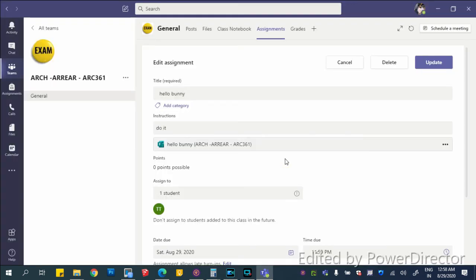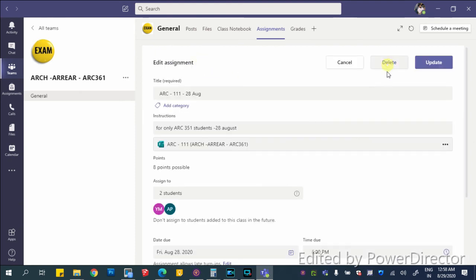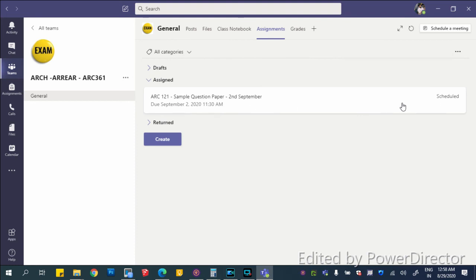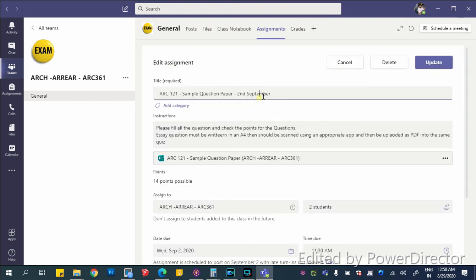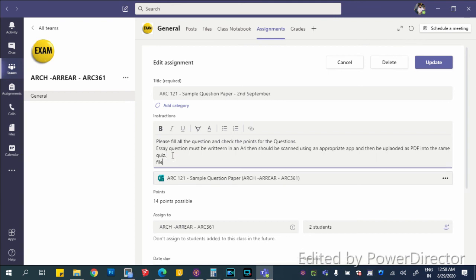You can also delete the assignment if you feel something is wrong. So these are my past assignments that I have assigned as a sample. I'm deleting them, and you only see one assignment here that is being scheduled. Once you click on it, you can edit the title, you can edit the instructions, and you can add: file name should be registered number underscore subject code, no spaces,